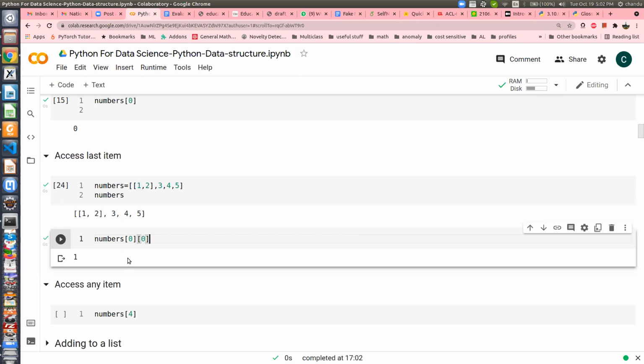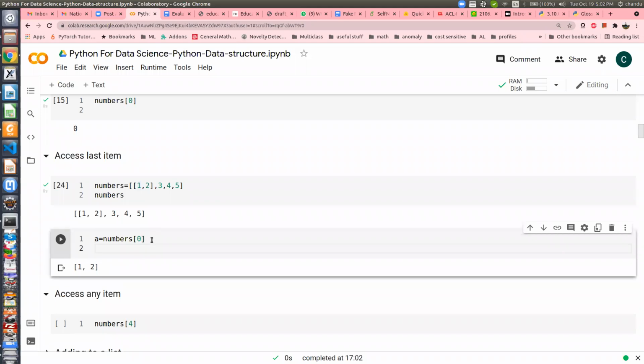So what is happening is this: when I type this one, you can think of it as returning the first list. I can assign this as a list, A equal to numbers[0]. If I print A, what would be the output now? 1 and 2.